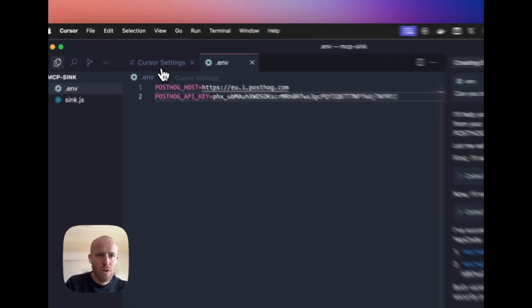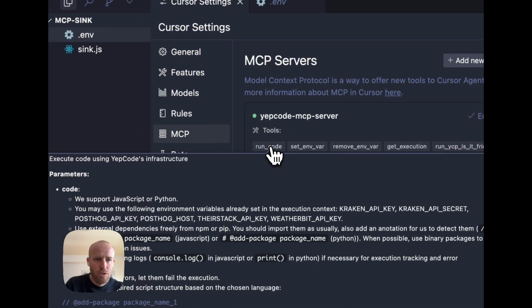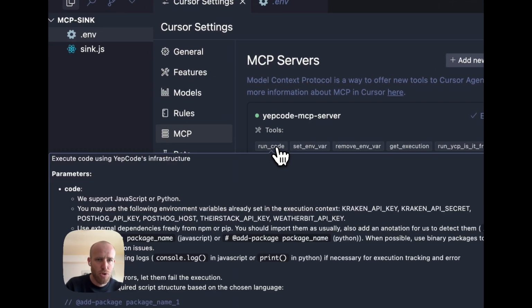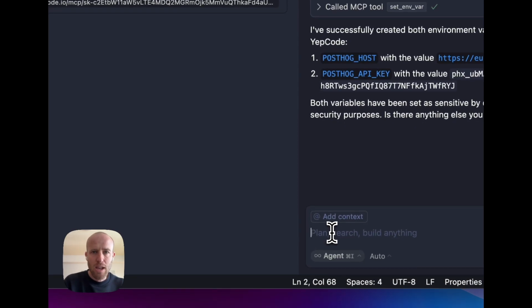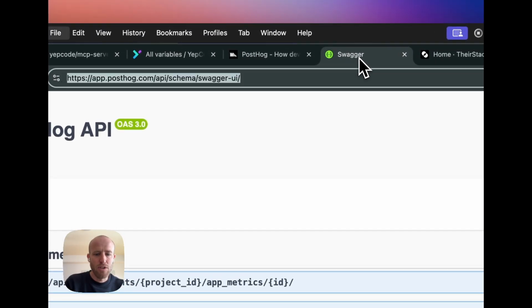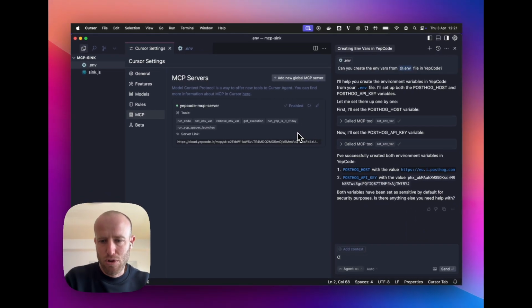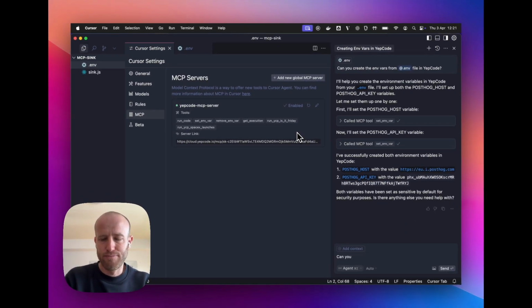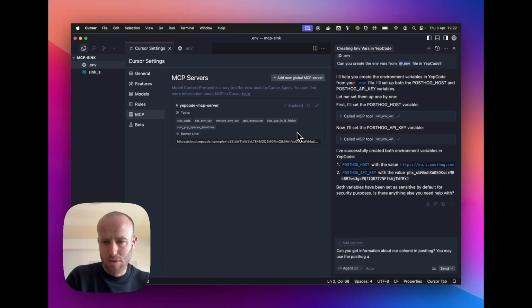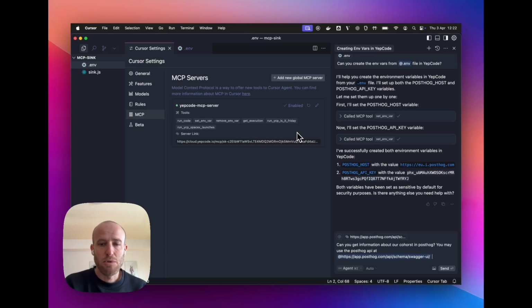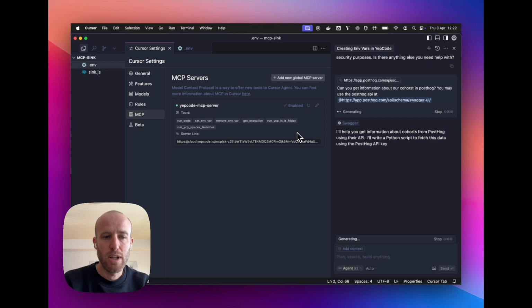So if we go back to Cursor, we see that the run code action can now make use of those PostHog variables. So we can say to it, okay, here is the PostHog API specification. Well, we can say to Cursor, do you want to read this? That is, we provided information from the documentation of the PostHog API, and we tell it to retrieve information about